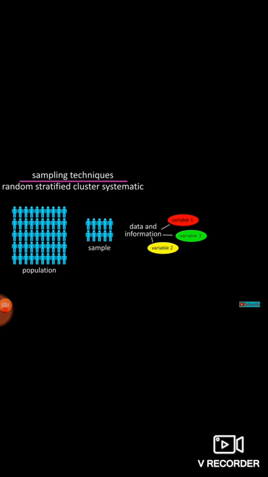There is no discrimination, no human judgment. It is a scientific procedure of obtaining a sample from the population. It depends on probability. So how does this happen? When all the units, all the items in the population have equal chance of selection, how does it happen?